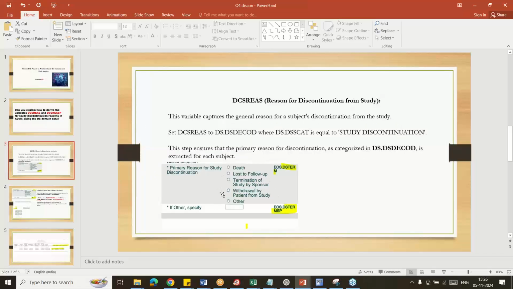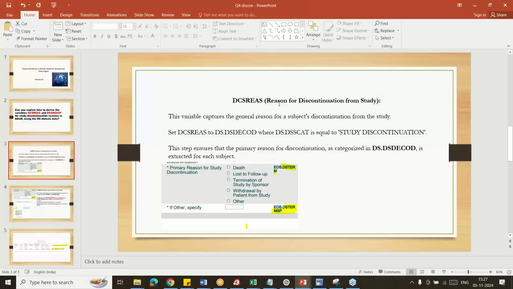So the CRF was collected in this format. Primary reason for discontinuation: either death or loss to follow-up, termination of the study by sponsor, withdrawal by patient from study, other. Okay, so they have given some list. If the subject is withdrawn from the study for a reason in this list, the doctor will tick it and that information goes to the